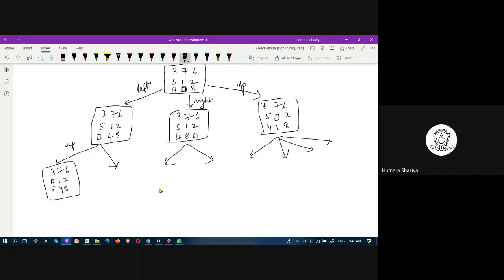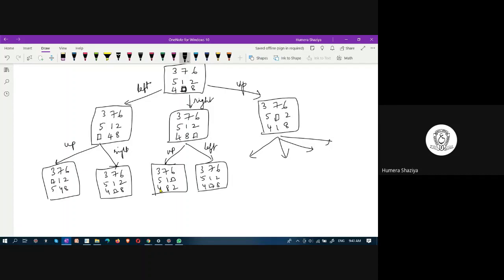And this one is right: 3, 7, 6, 5, 1, 2, 4, empty, 8. This one you can apply up: 3, 7, 6, 5, 1, empty, 4, 8, 2. This one is left: 3, 7, 6, 5, 1, 2, 4, empty, 8.